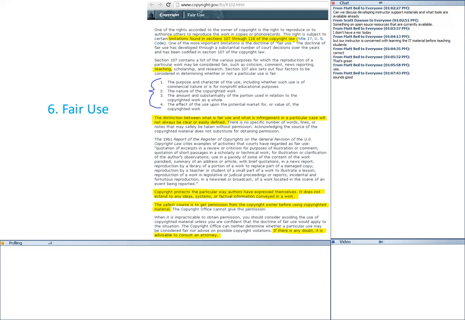So, for example, if you were to read a news story online from the New York Times, that's a copyrighted story, but if you wanted to blog about it and quote it under the terms of fair use, you could quote a small portion of it to make a point about the article,